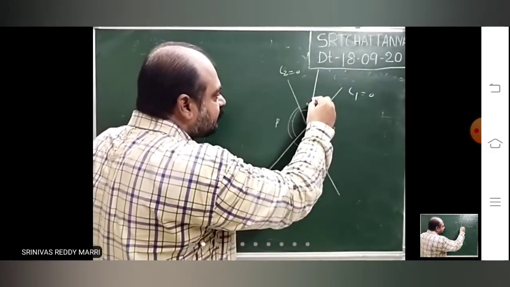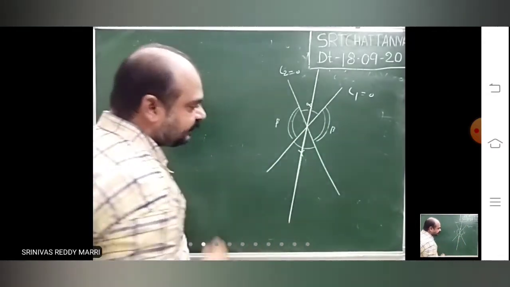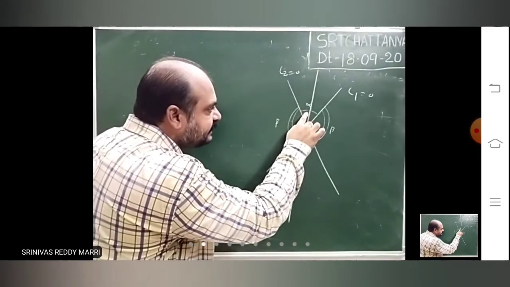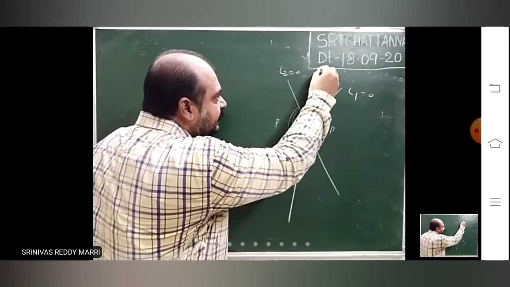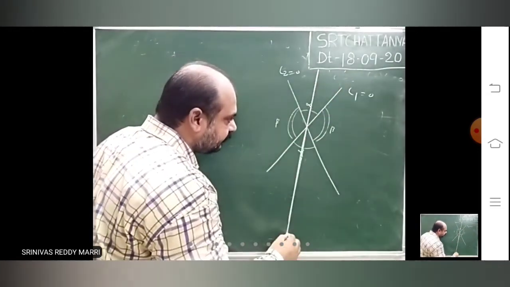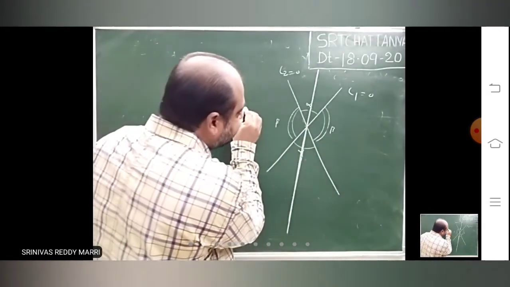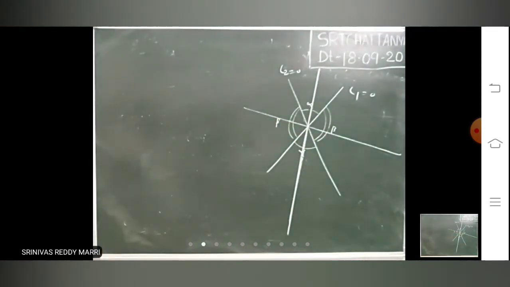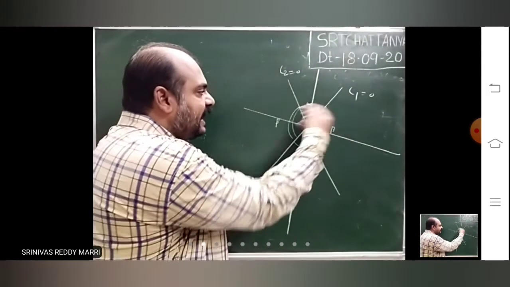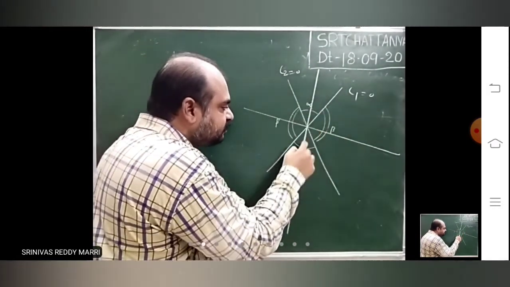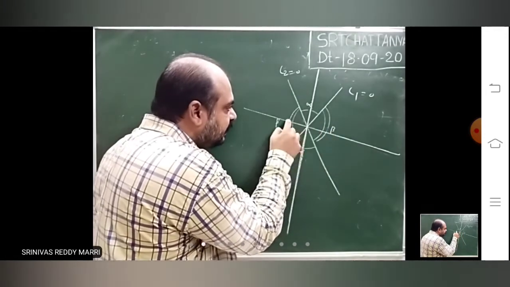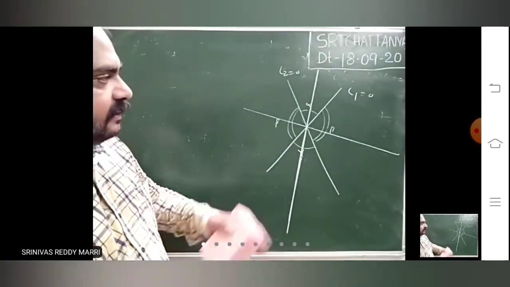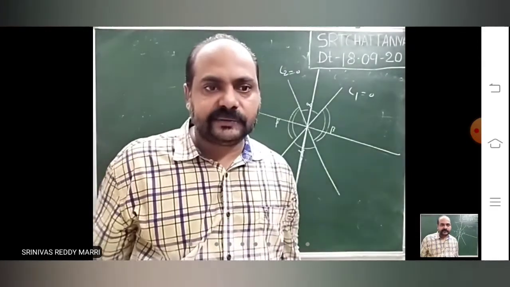then this bisector is called acute angle bisector. That means the line that is bisecting the acute angle is called acute angle bisector. Right? The line that is bisecting the obtuse angle is called obtuse angle bisector. Let us say any angle can be acute. If these two are acute, these two will be obtuse. Right? So write the point.